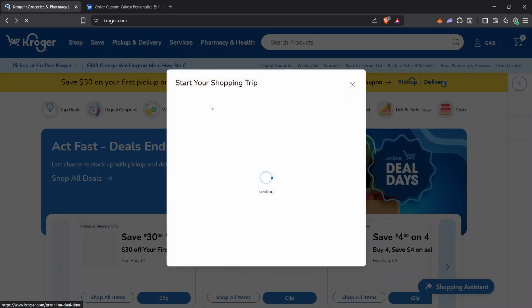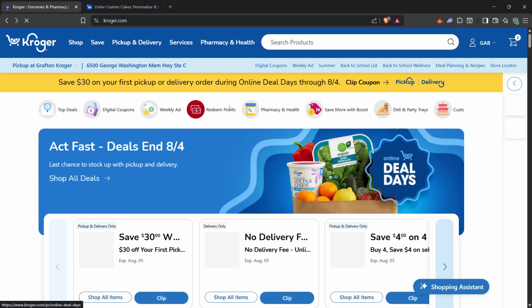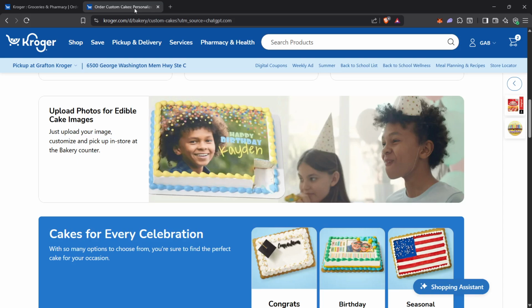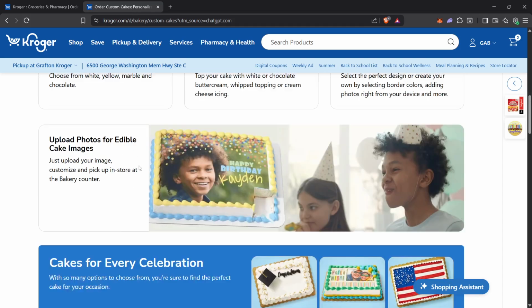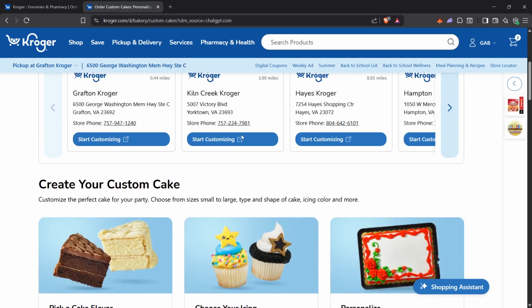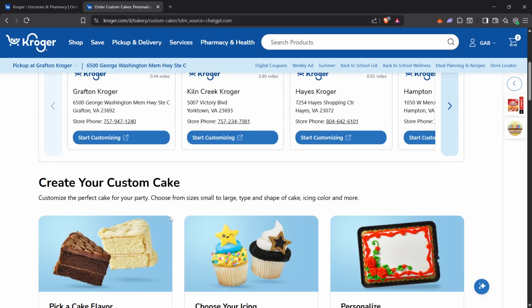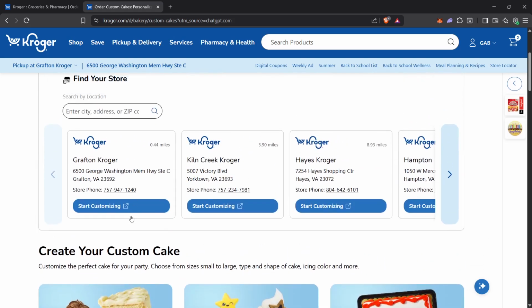With your store set, go to Bakery. In the app or website, open the Departments or Shop menu and choose Bakery from the list. The page will refresh to show bakery items like bread, cupcakes, and desserts. You should see pictures of baked goods and some filters for different categories. From there, select Custom Cakes. Look for a section or tile named Custom Cakes and open it. The display will switch to show cake options designed for birthdays, graduations, weddings, and more. At this point, you are in the right place for building a personalized cake order.